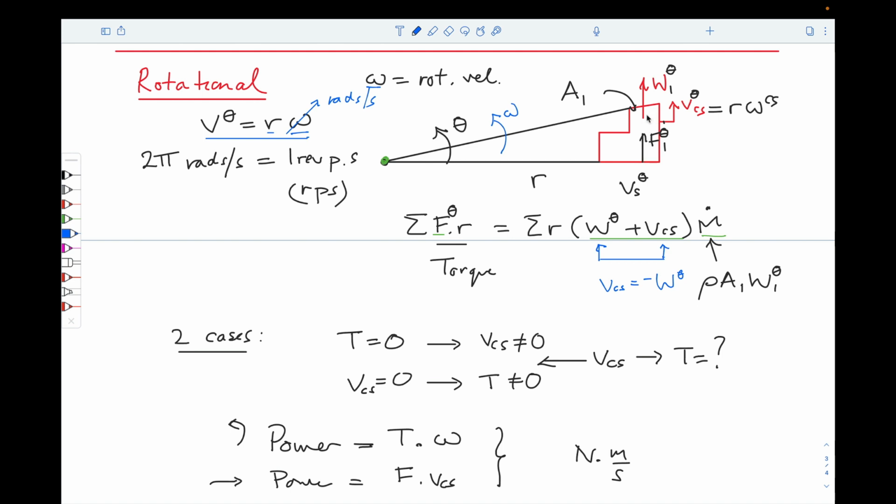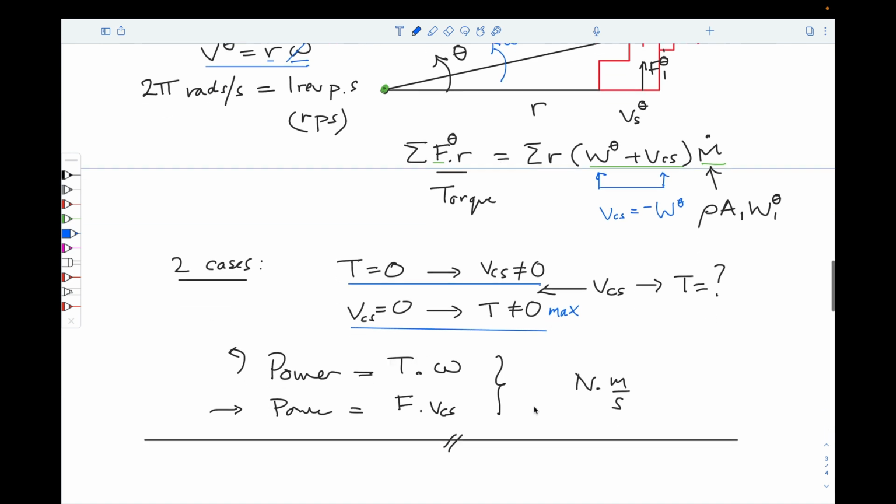And of course that makes sense that if the water is coming out in this direction, you'd expect the velocity of the vane to be going in the negative VCS direction. So one condition is where we release the vane, in which it can rotate. The second one is where we hold the vane static, in which we get the maximum torque on it. And we can go through the same